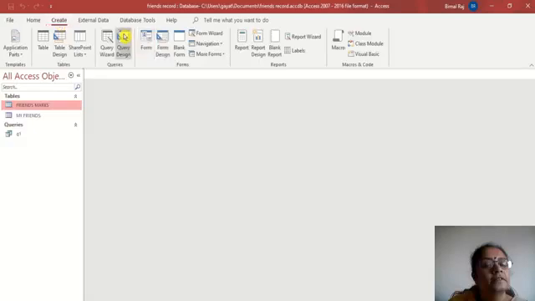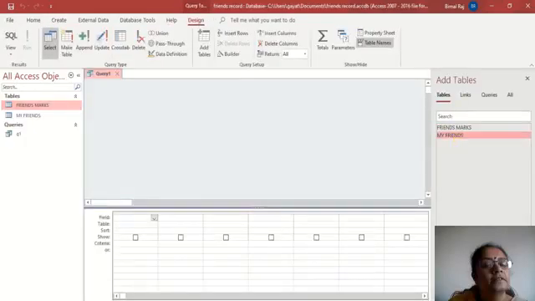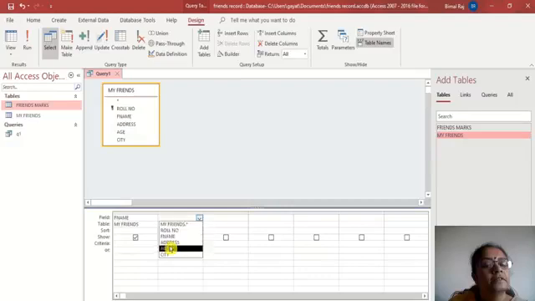So create query, again select the table. Now this time I want only the names and I'll take only the address and the city. Now what is the city which I want? Criteria, city is either, or let's take only, because there are many Thane, let us take Mulund or Kalwa. Here in the criteria, I am writing Mulund or Kalwa.